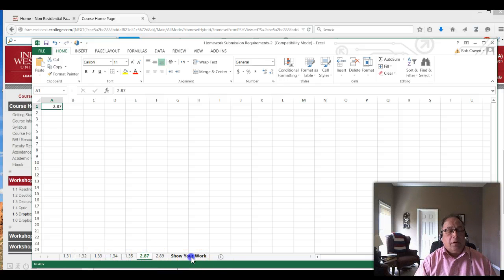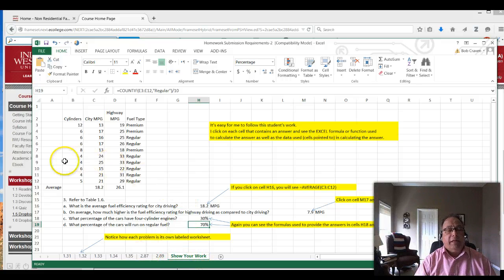And then here is a show your work. What that means is that, for example, if you were calculating the average score for a set of values, and you place your average, for example, in this cell here, 18.2, if one were to click on the cell where the value is, you'll see in the formula bar on the top that the formula that you use to obtain that average is placed there.